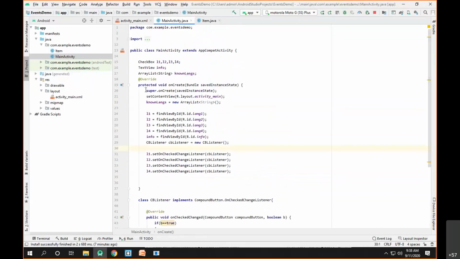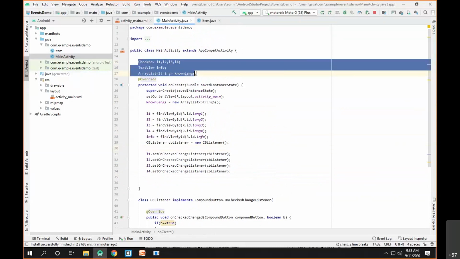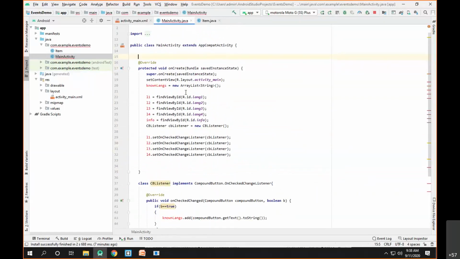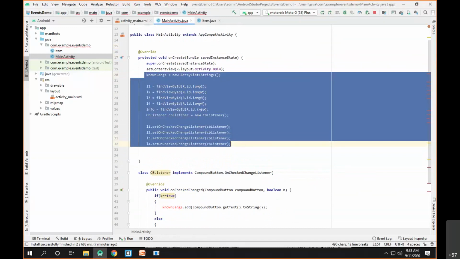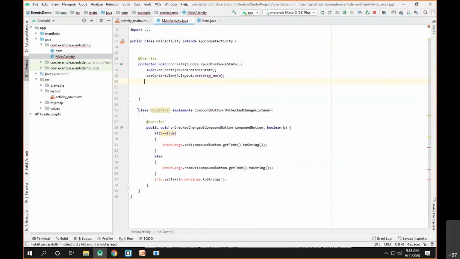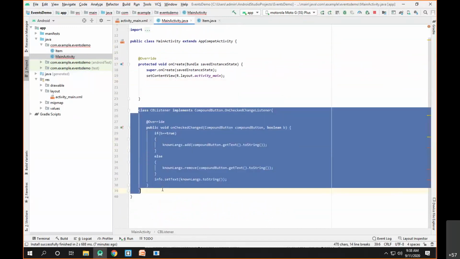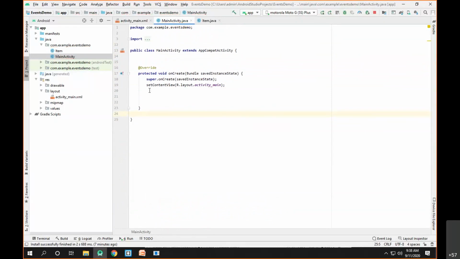Okay, so let's see how we can do this. Let me clear all the things so that we are working from scratch here. Let's create all the four items here.